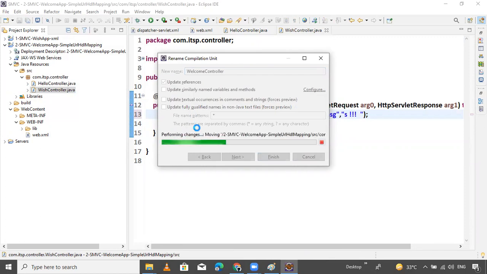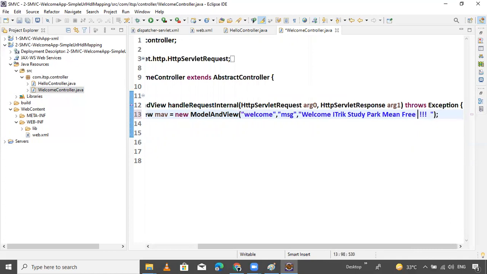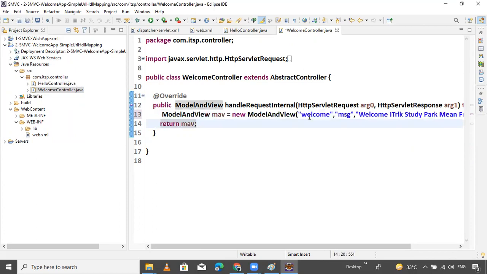Provide the welcome message: welcome to iTrick Study Park, which means free learning. Free learning. And return to the dispatcher servlet.